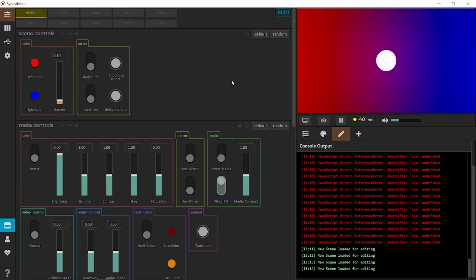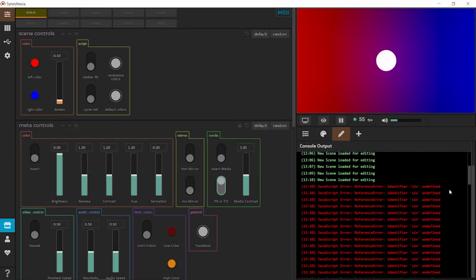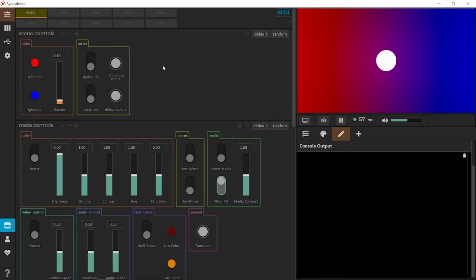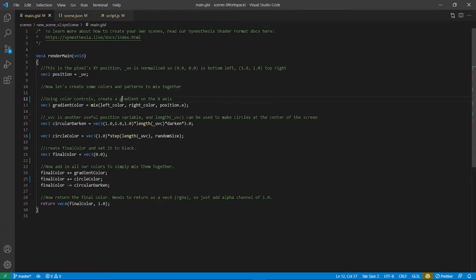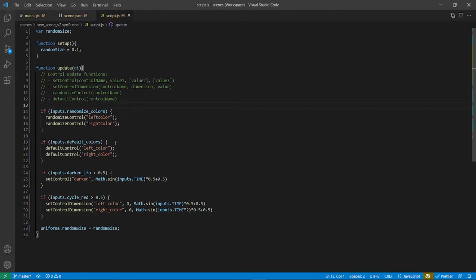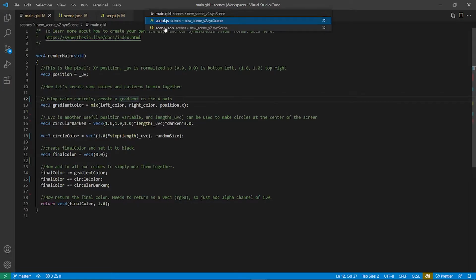Let's see if that worked. I'm going to clear this real quick. Yeah, so we've got this, and that variable was properly initialized. And one thing that's really nice about JavaScript in general is that these variables defined here will persist for the entire scene. So, something we could do is create another script